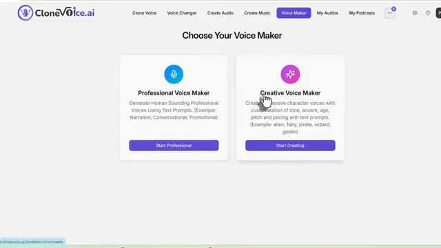And then the next one is creative voice maker. So creative voices are more expressive in nature. These could be even non-human sounding effectively. Okay, so the customization of the tone, accent, age, pitch, pacing can be directed through text prompts. So this could be, say, like an alien voice, or fairy, a pirate, or 18th century Shakespearean king voice, wizard, a goblin. You get the idea, right? Very creative type of voices, and they sound that way.